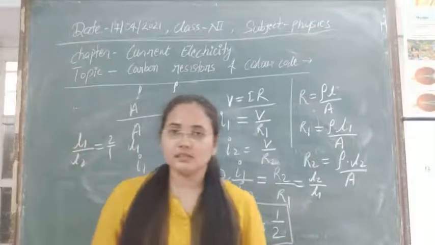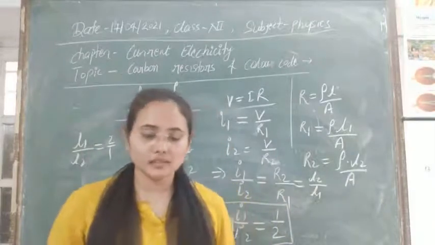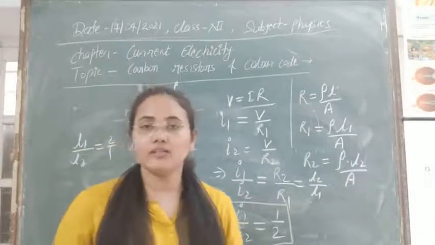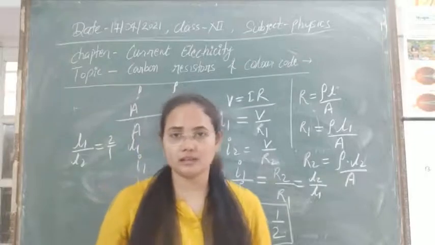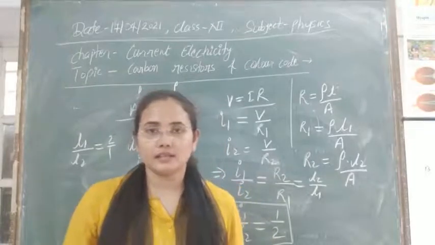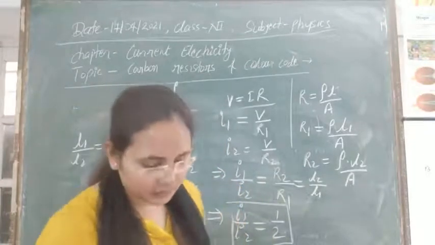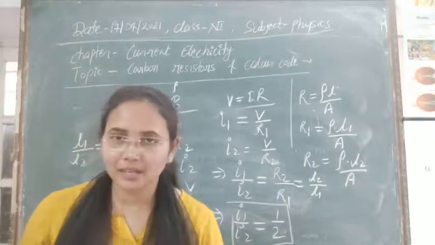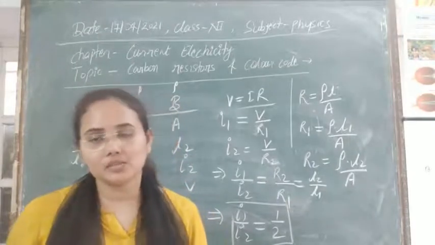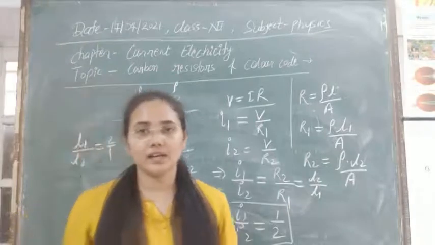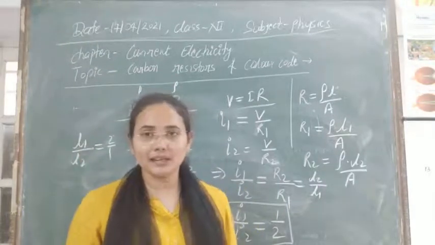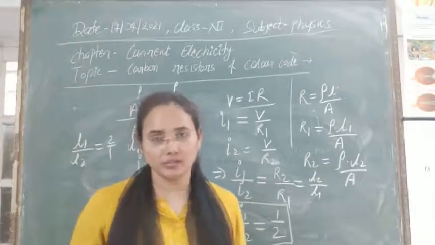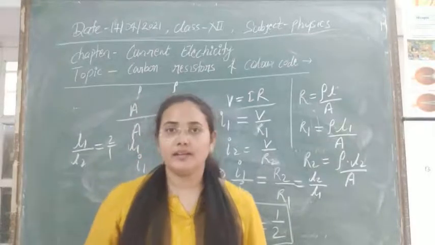Let's see some more problems in the next class. For today, I think the color coding of resistors, the carbon resistor, is now clear. One more thing, I haven't told you the trick to find the resistance. I will tell you that trick in the next class, and I will also show you some resistors and the color coding indicated on them. So let's end the class here.